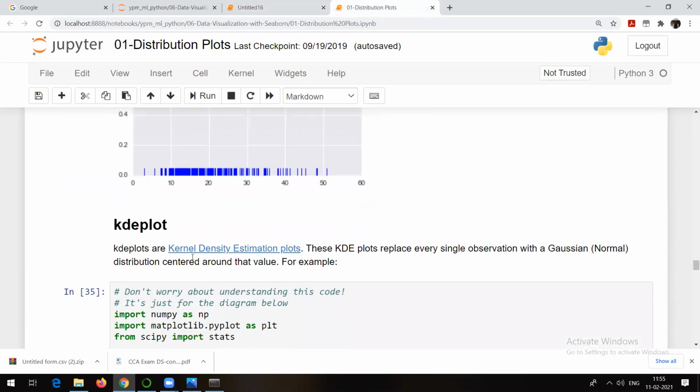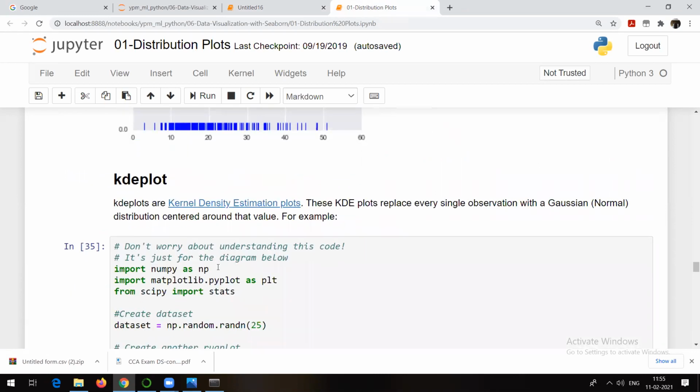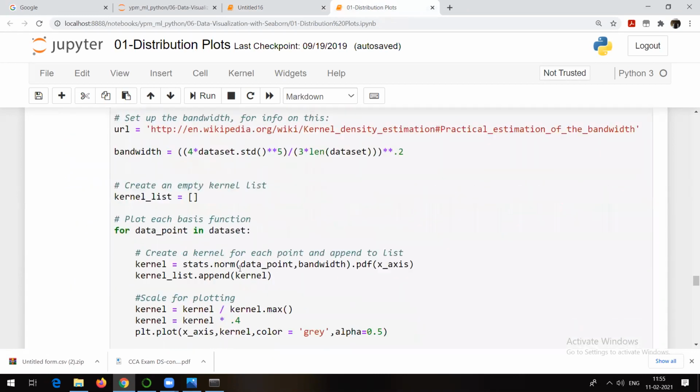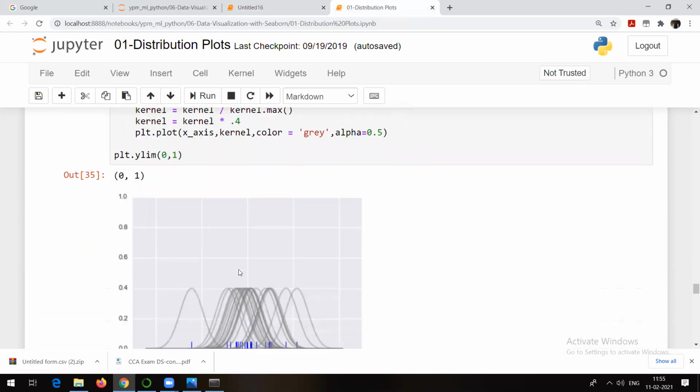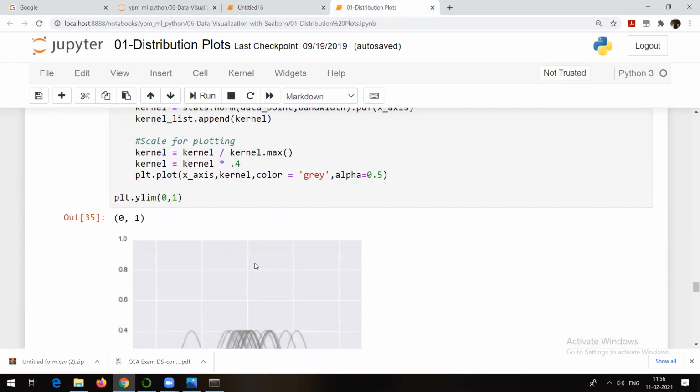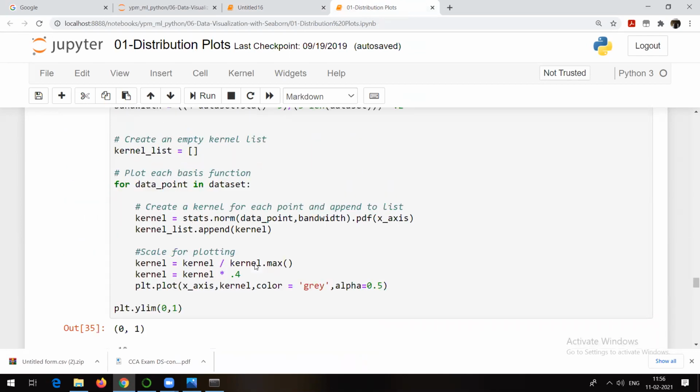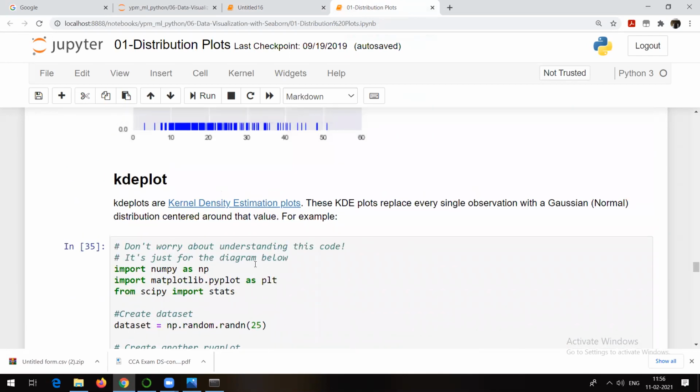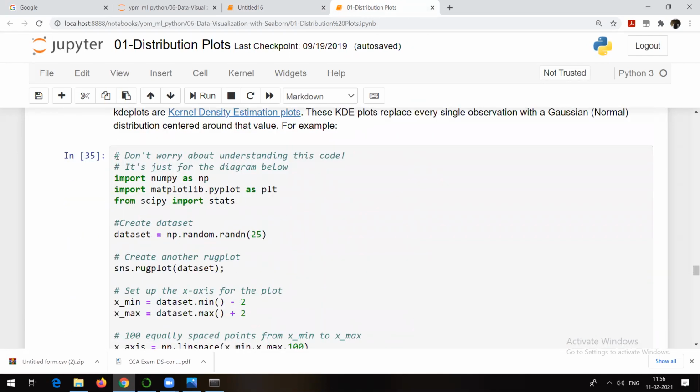Okay. So with KDE, what you can do is combine the KDE plot and the rug plot. Whatever code you are able to see, it's a simple code. Do not worry about this. What I have done is just for the explanation part. For each and every rug plot, we have drawn a single KDE, and for that we have written this particular code.